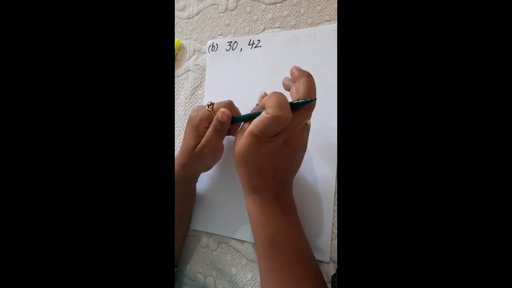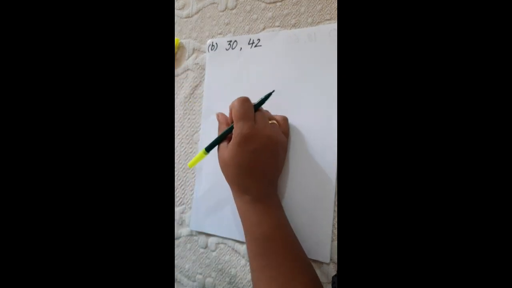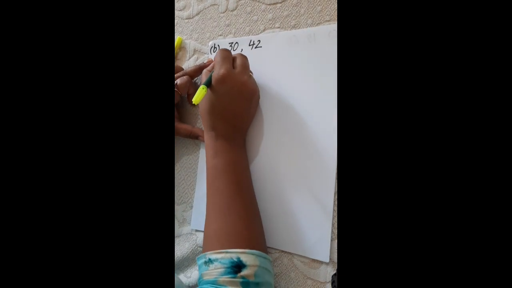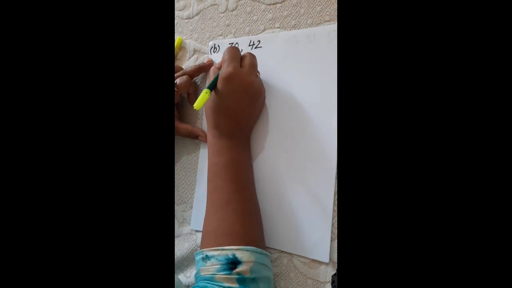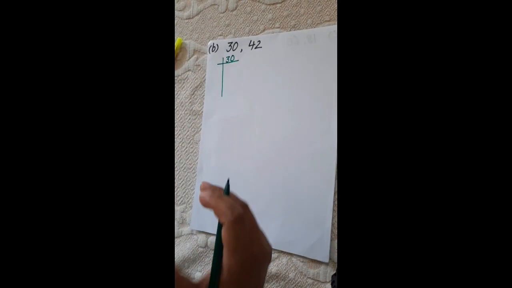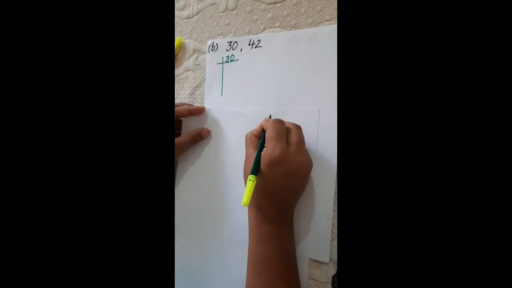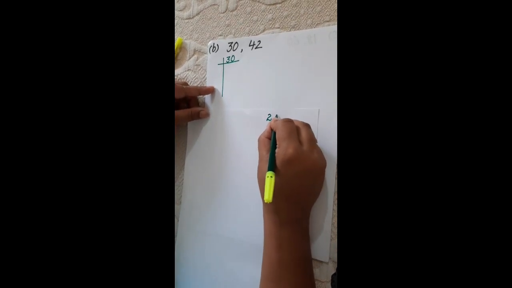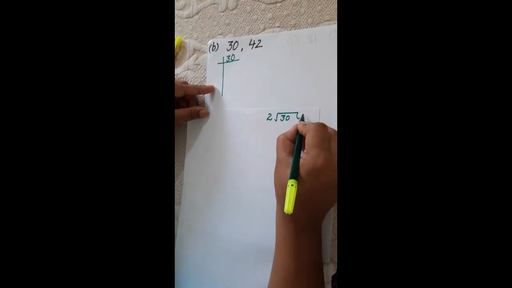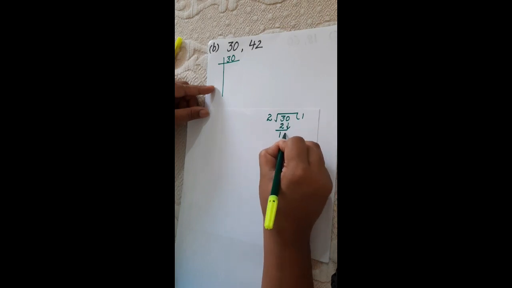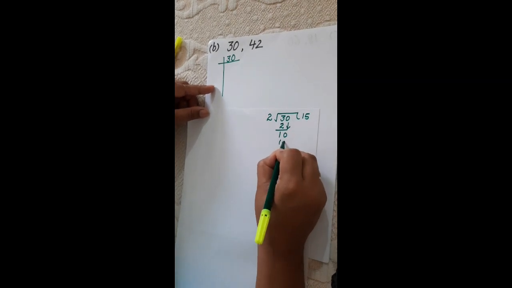In this part, again we have to solve the same, that is the HCF of 30 and 42. For this, solve the prime factors of 30 first, and we know that we always start from the smallest digit. Here the smallest digit is 2. So just divide 30 by 2. If you divide 30 by 2, what will you get? 2 ones are 2, then we have 2 fives are 10.